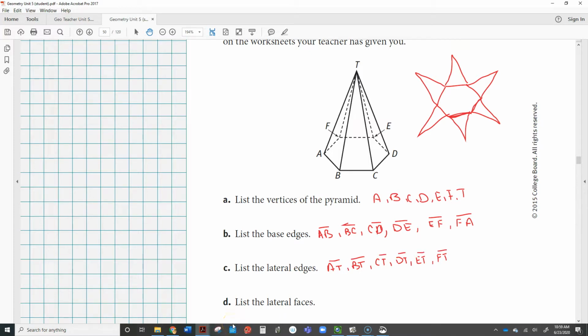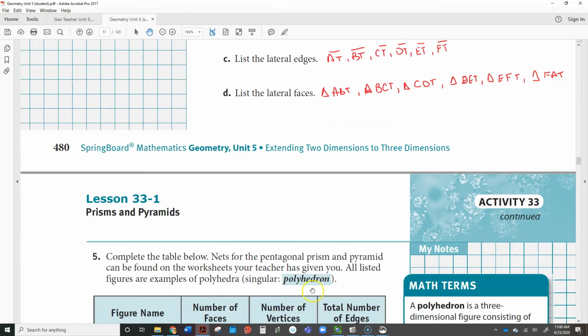And list the lateral faces. So that would be triangle ABT, triangle BCT, triangle CDT (that looks like an A, but it's not), triangle DET, triangle EFT, and triangle FAT. I think I'm going to stop the video right here because it's just been going on a while,